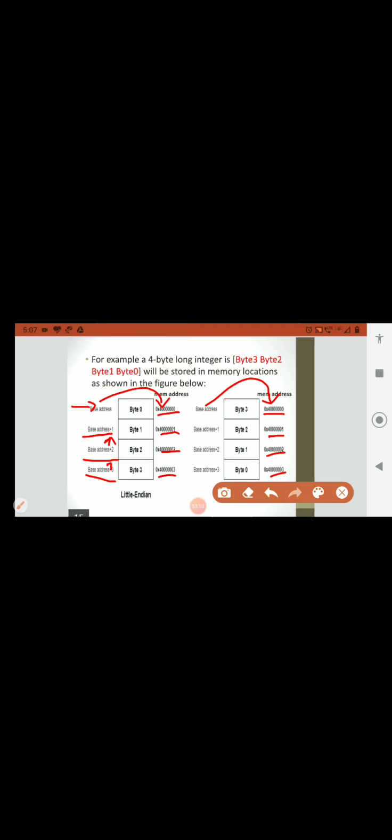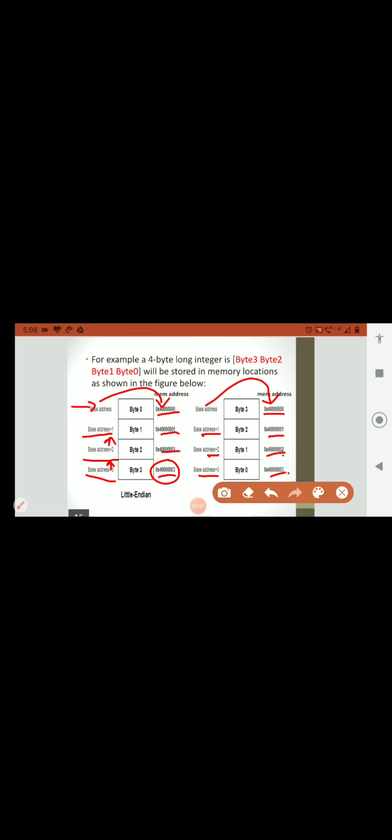Similarly here also the base address is this one, base plus 1 is this, base plus 2 is this address, and base plus 3 is this address. I think it is clear how we have mentioned the base addresses and memory addresses.